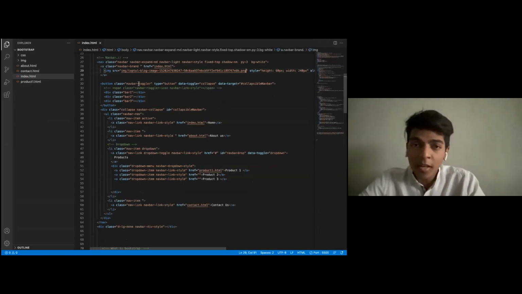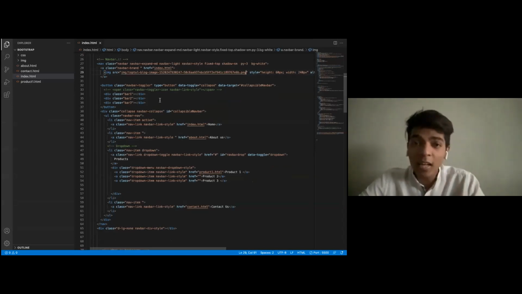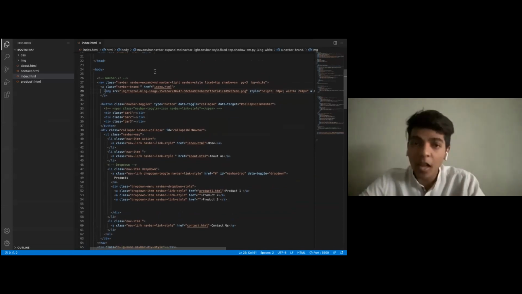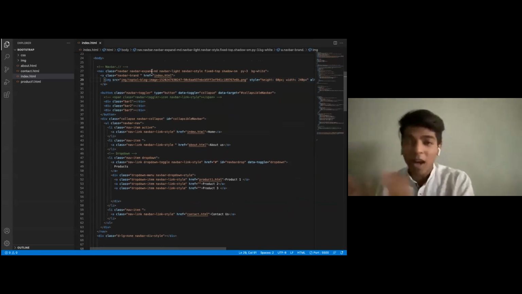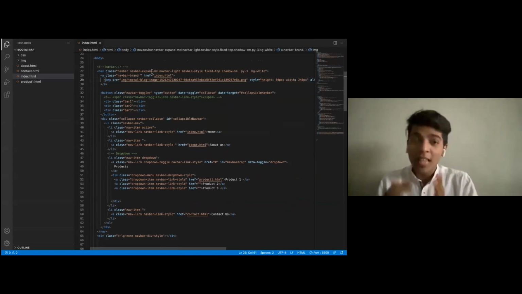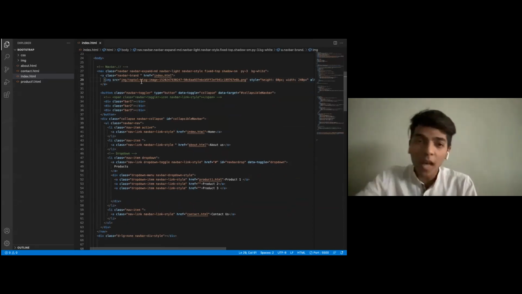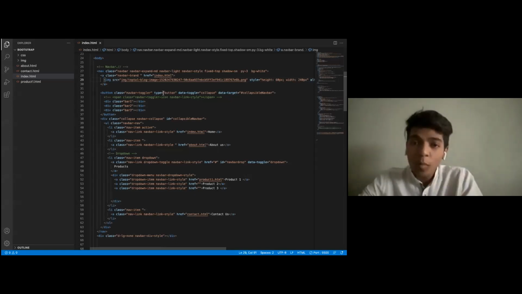Then this is the button: navbar-toggler, data-toggle collapse, and collapse navbar, and this is bar 1, 2, 3. So this is the secondary part of the navbar. If the navbar is not on MD, if I reduce the screen size, then it should run this function, and the function displayed should be a button.